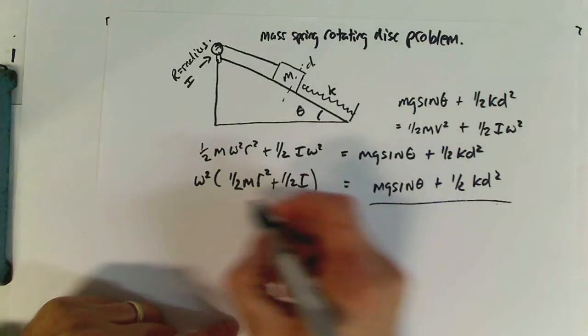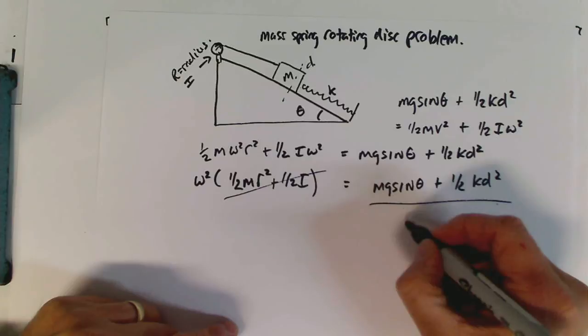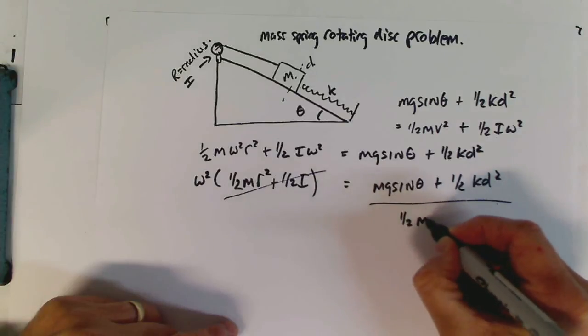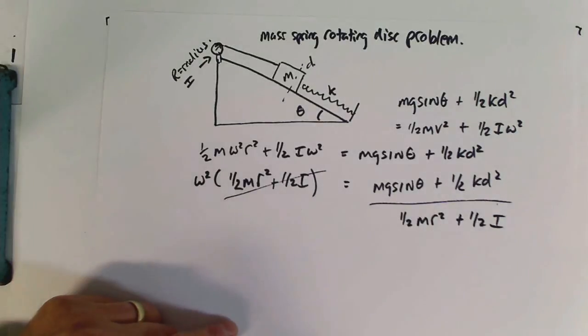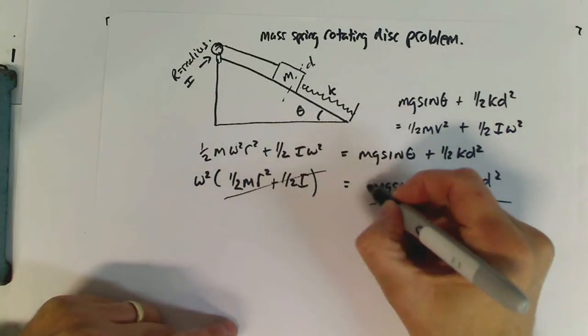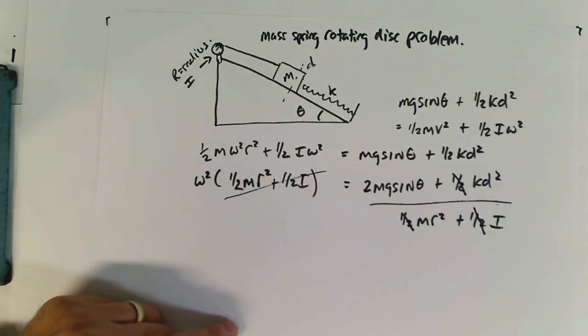Plus 1/2 I equals mg sine theta plus 1/2 kd squared. So obviously we can just bring that through there. We're already down to getting an omega squared, which is nice. So we've got the 1/2 mr squared plus 1/2 I. And looking at that, I think if we multiply the top and the bottom by 2, we're cool, aren't we? Because we can get rid of these halves. So we'd end up with the 2 there, that half is gone, that half is gone, that half is gone,